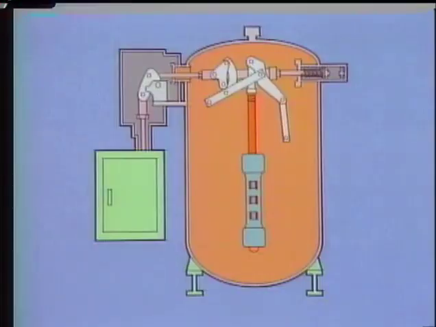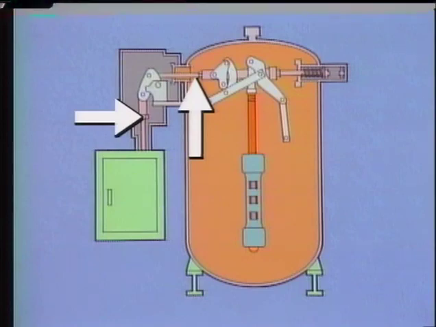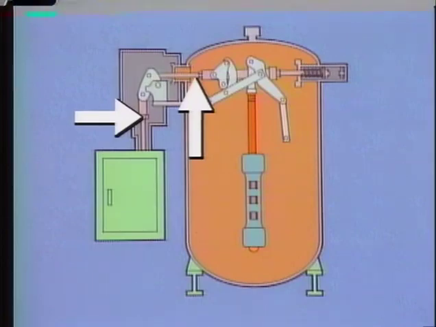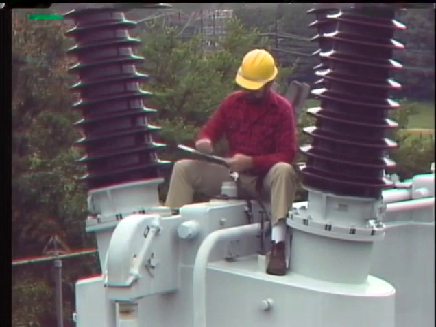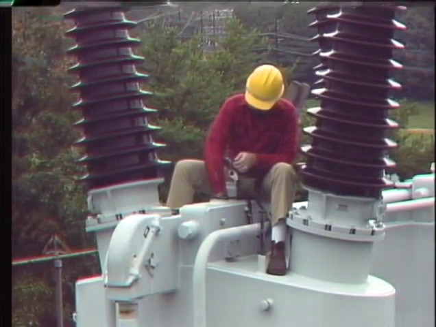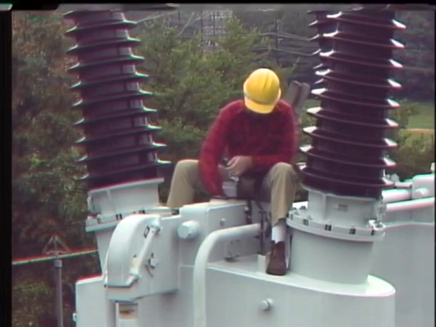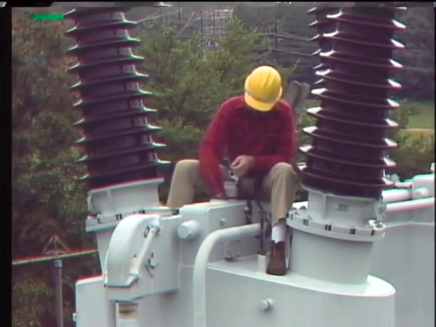Operating rod adjustments are also checked. Here are two operating rods in this simplified oil breaker illustration. The operating rods are checked to make sure that they are at a given position, typically when the breaker is closed. For this particular breaker, the operating rod adjustment is checked by inserting a special gauge, called a go-no-go gauge, in through a cap at the top of the breaker and measuring the spacing between pivot pins on the operating